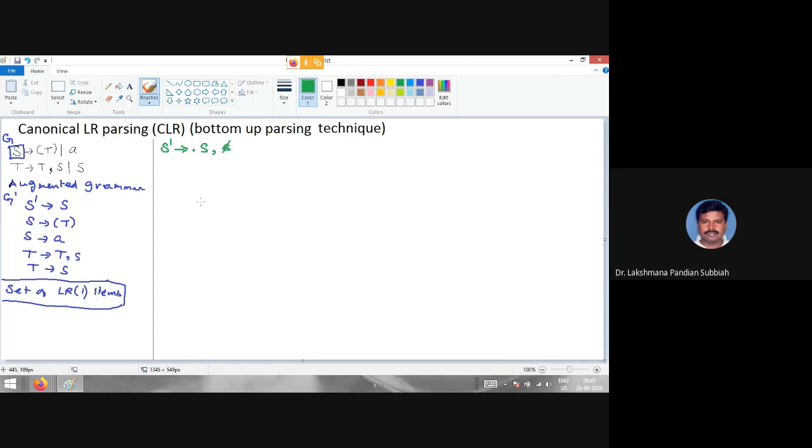Now here we have to go for another format. You have to consider the production rules as alpha dot B beta. So this is alpha dot B beta comma a.